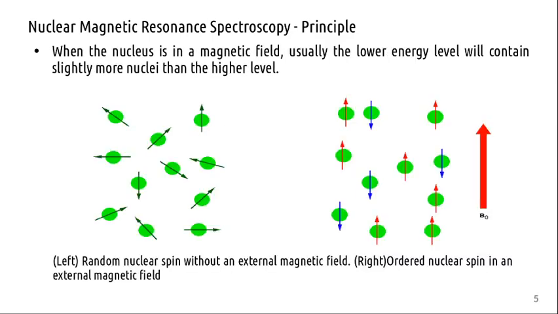This is the situation without any external magnetic field: you have all these nuclei spins in a very random way. When a magnetic field is applied, most of them will align in the direction of the magnetic field. This is called the spin aligned state, and it is considered a lower energy state. Some of these nuclei will oppose the applied magnetic field, so they will be in the spin opposed state, at a higher level.